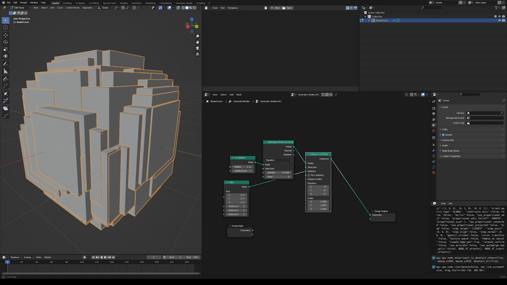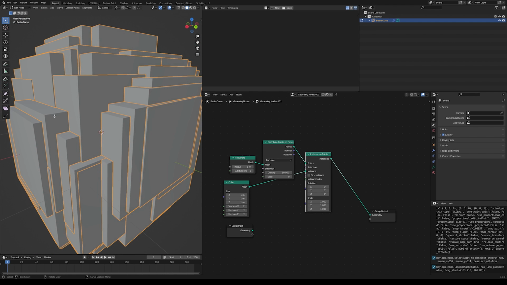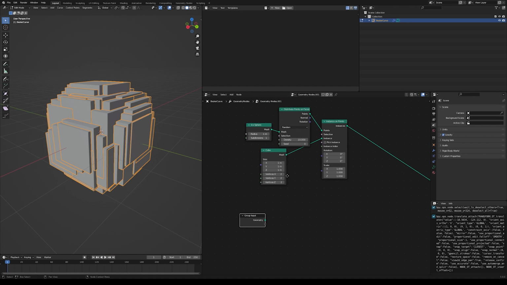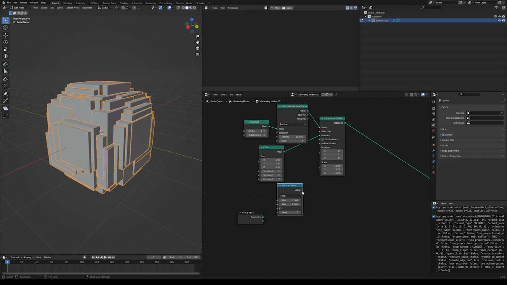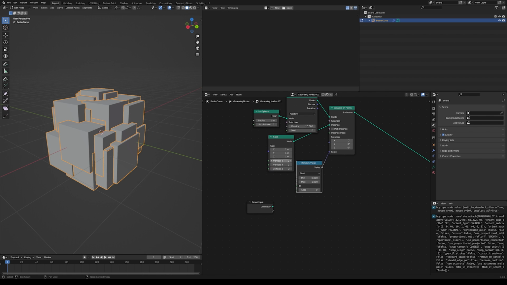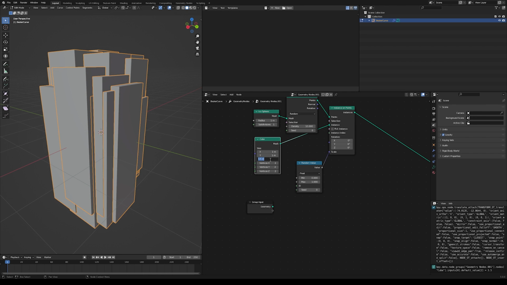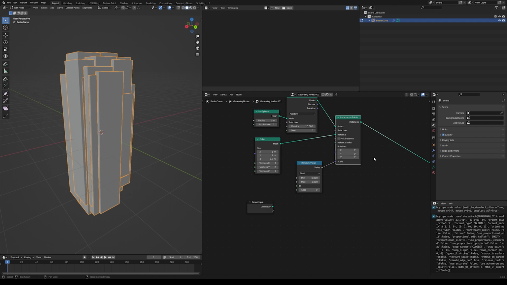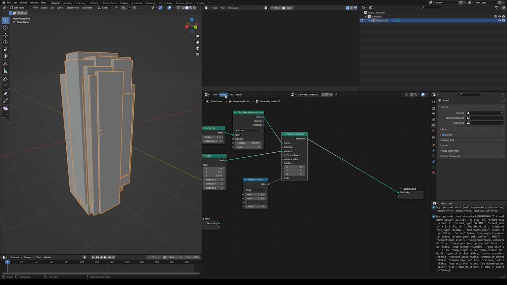Now you get some shape like this, but we don't need this one. Add a random value from the utility menu and link it to the scale. Increase the size of the cube on the z-axis, something like 5.5. So after that, realize the instances,